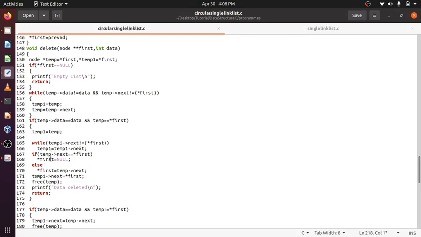Temp1 next equal to first? No, traverse further. So first equals temp next, and temp1 next is first. Free temp, data deleted.